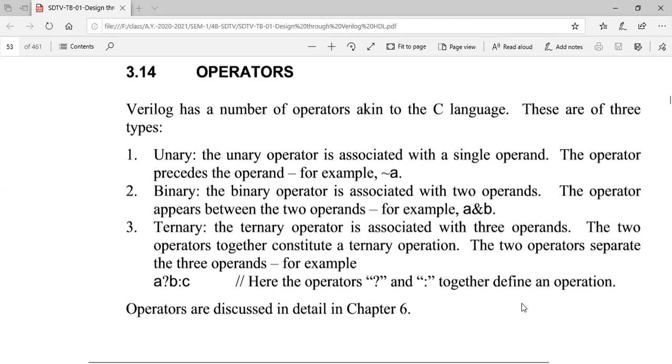Generally the operator will be between the two operands.